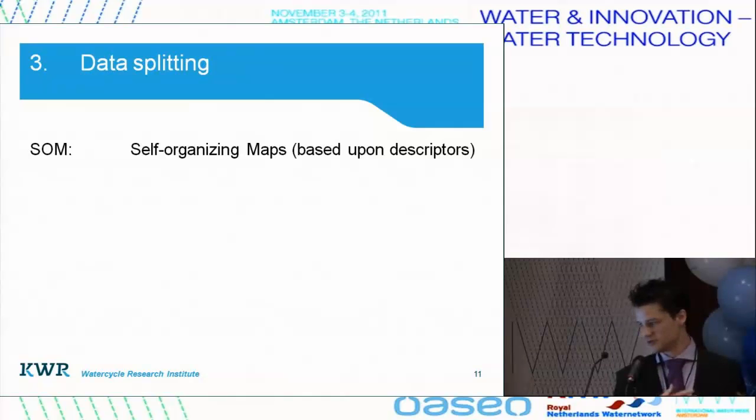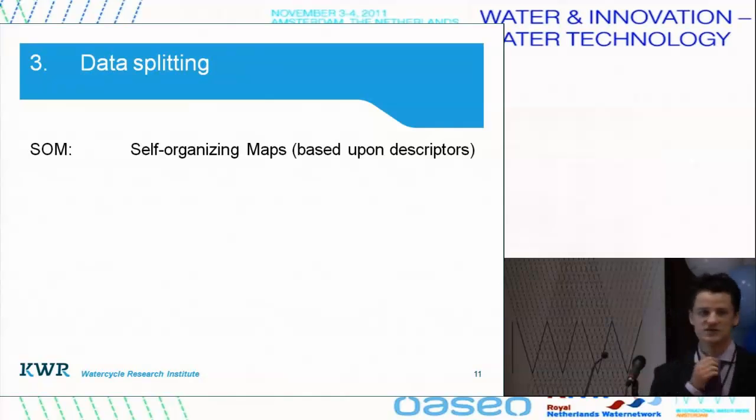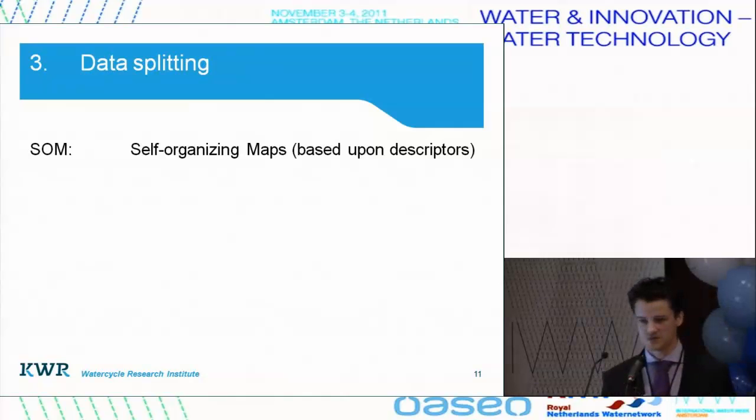So you have to split the data, one part to train the QSAR model, and the other part to validate the QSAR model. And we use a technique called self-organizing maps, because if we split the data, we would like both parts to represent more or less the same kind of compounds, not very different. So that's why we use a technique of self-organizing maps,